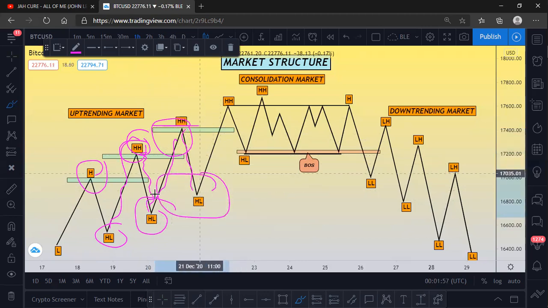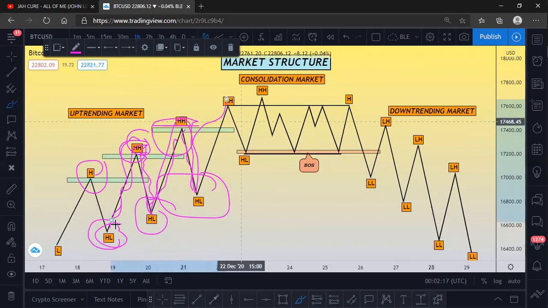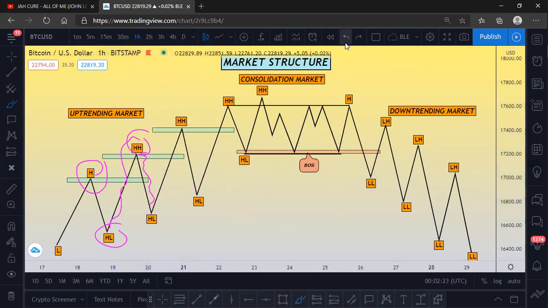Enter here again, or better still, there are trades I take where I may not have the time, so I just put an entry around here and allow price to give me profits, come back down, give me bigger profits, come back down, give me bigger profits. Once you know that the trend is an uptrend, even if it's coming back down, you know that it's still going to go back up.